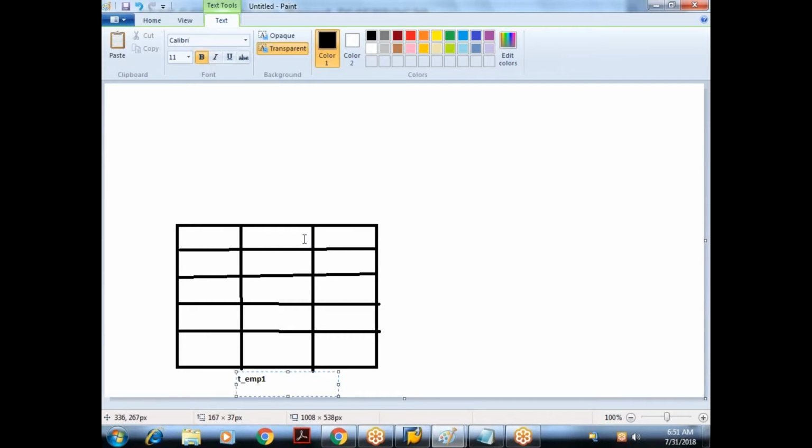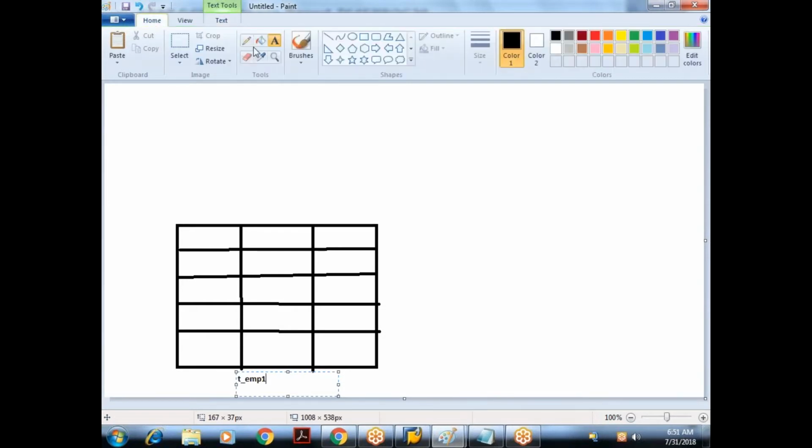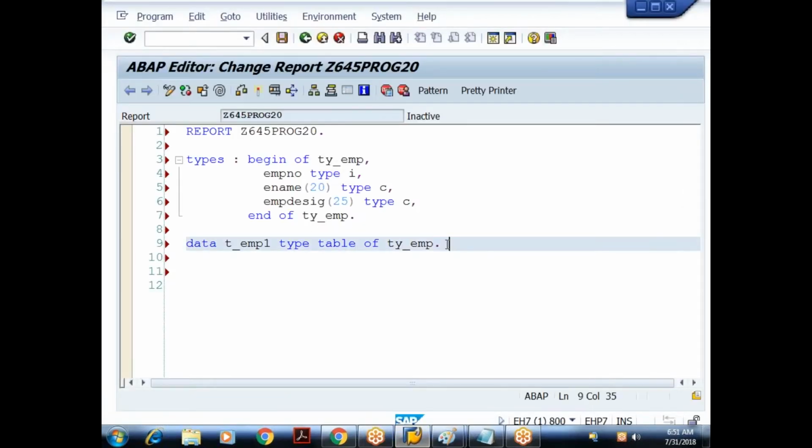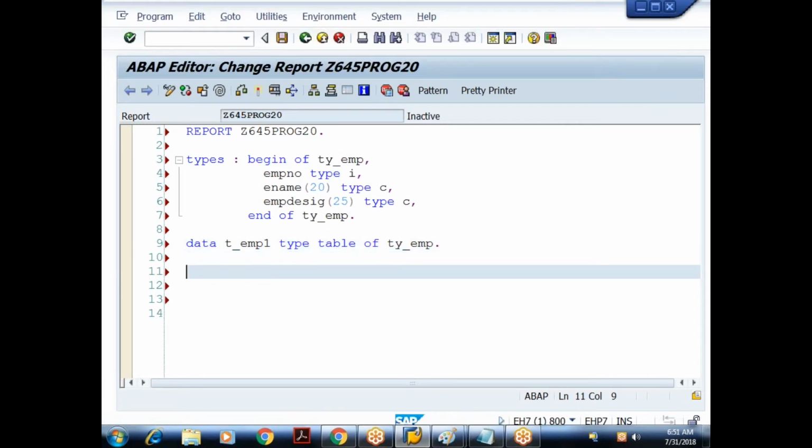Always we need to assign the data to the header, and from the header we need to copy it to the body by using append statements. That's what we did yesterday. Now I created the internal table without header. I'll try to assign the data, so it contains only the body.